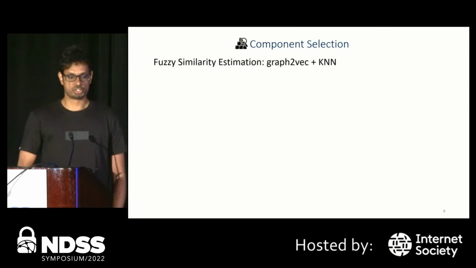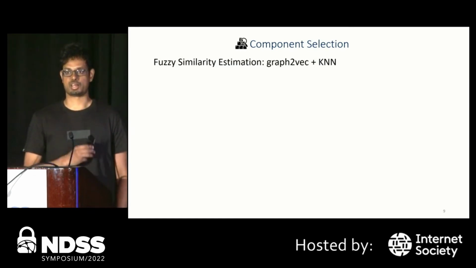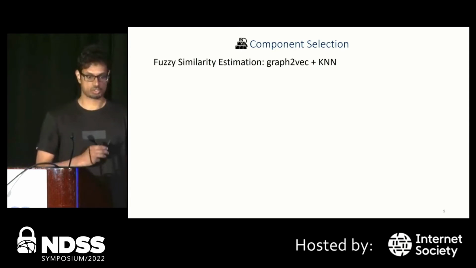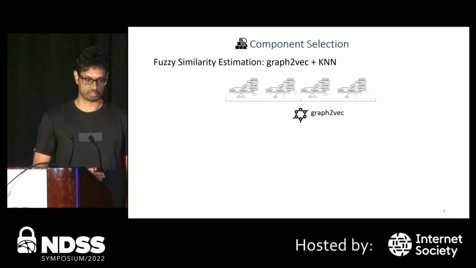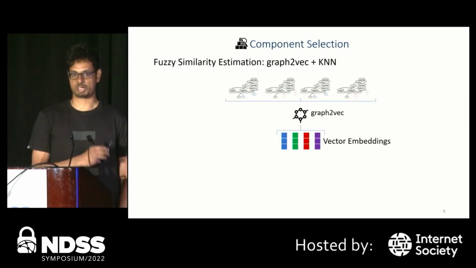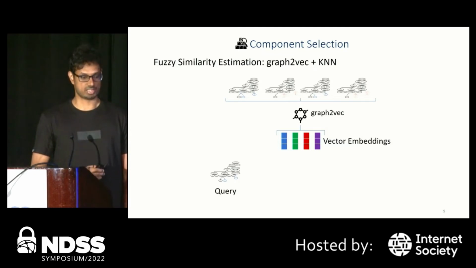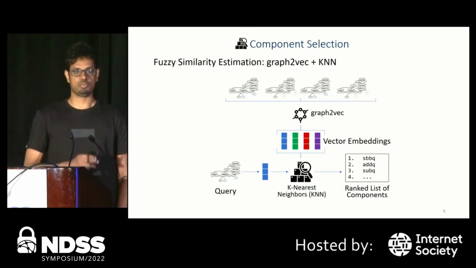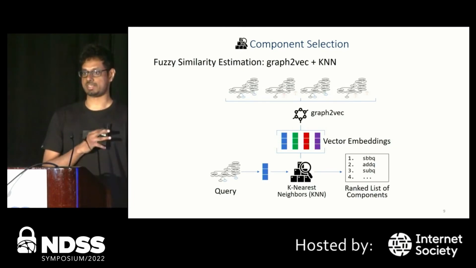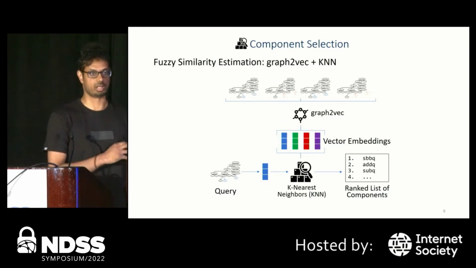So using this intuition, we build our component selector strategy that returns a set of most similar components for the target instruction we want to synthesize. We start with the AST semantics for all instructions in the ISA and pass it through graph2vec to generate a fixed length vector embedding for every instruction. Then we take the query instruction we want to synthesize, get its corresponding vector representation, and do k nearest neighbor search to get a ranked list of components. We take our top n of this and use it as our components for our synthesis task. In our experiments, we selected this number to be about 32 components.